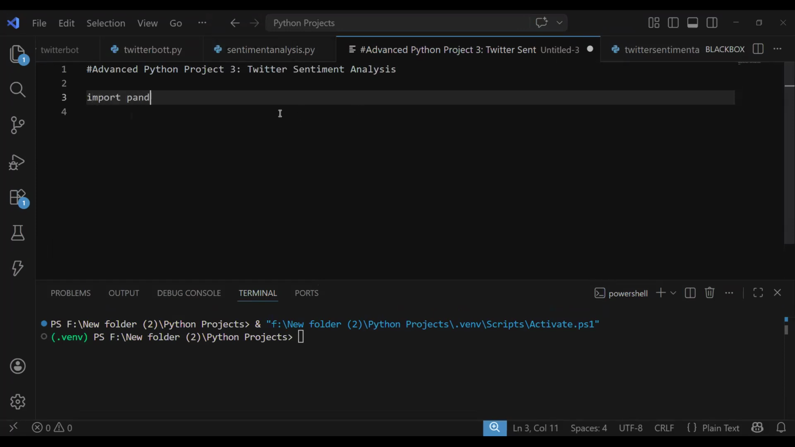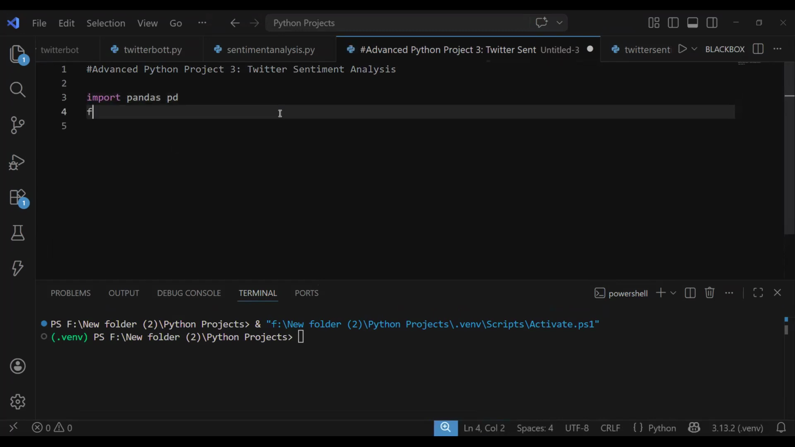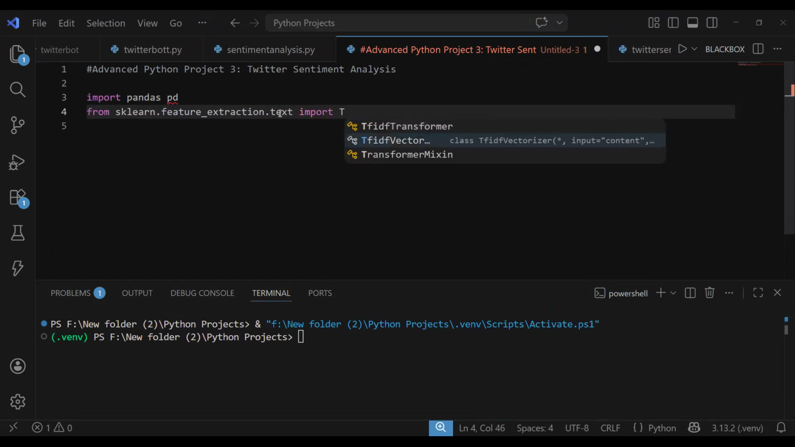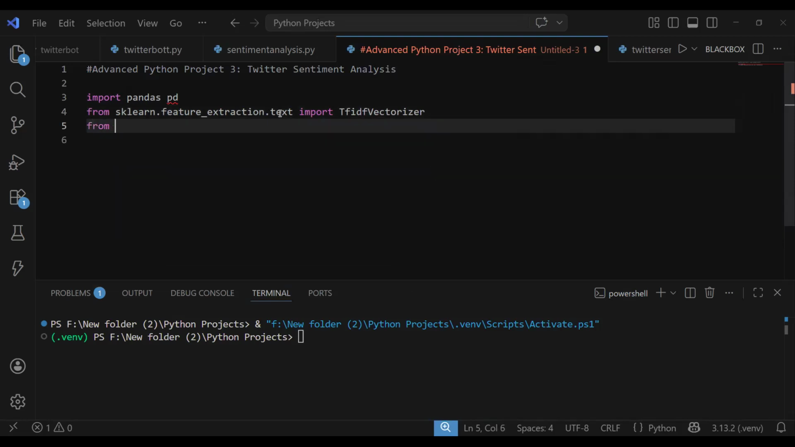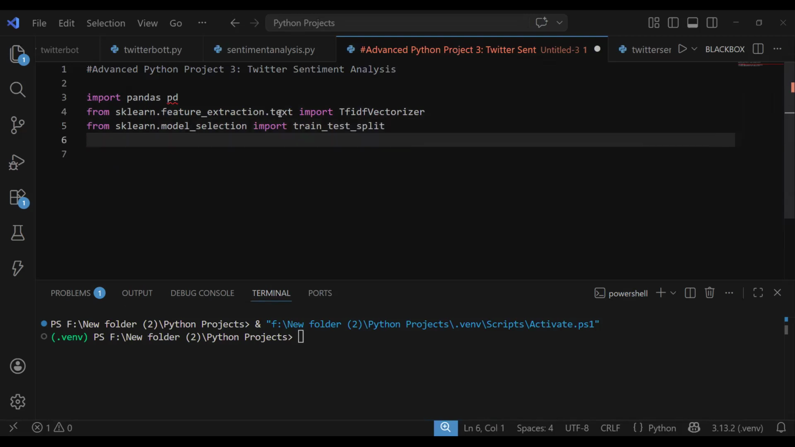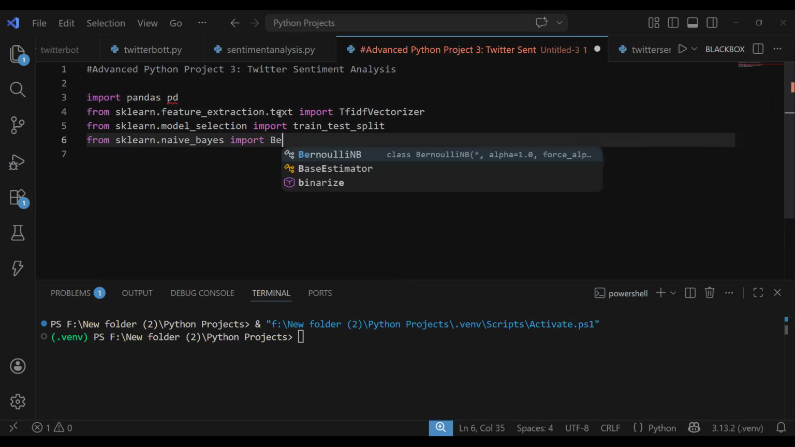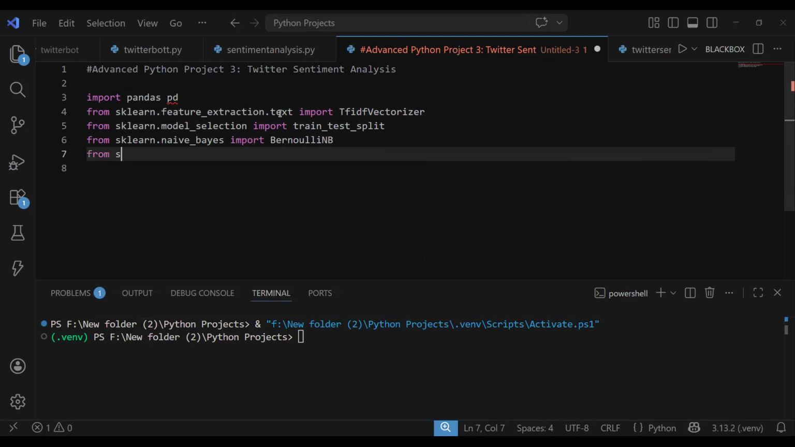All right, now let's start our code. Import pandas as pd, from sklearn.feature_extraction.text import TfidfVectorizer, from sklearn.model_selection import train_test_split, from sklearn.naive_bayes import BernoulliNB,